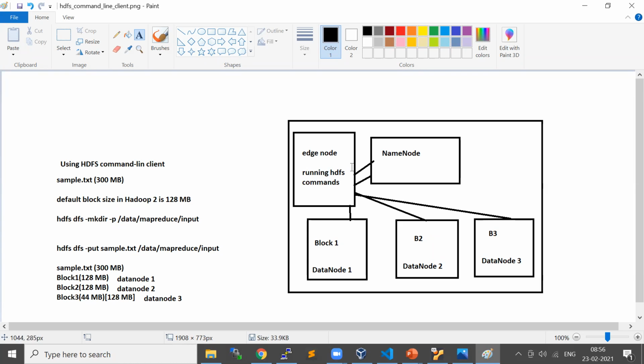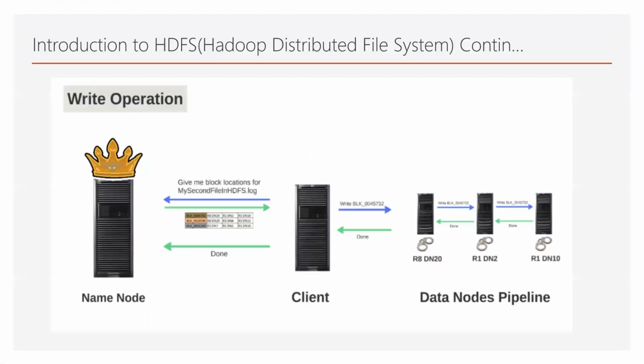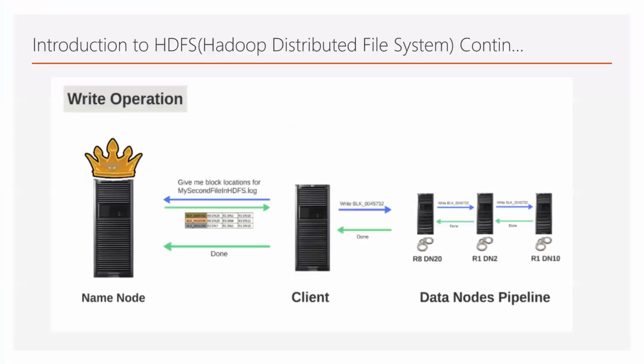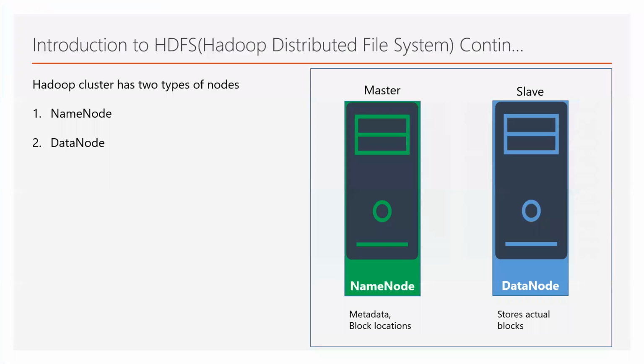So this is how the write operation happens in HDFS. We have data. We convert the data into smaller blocks, or they also call them chunks. In HDFS terminology, it's a block, and we store the blocks on different machines. Now the write operation is done. So when it comes to read operations,